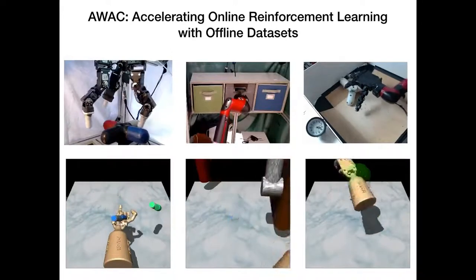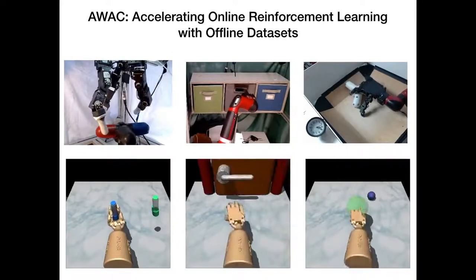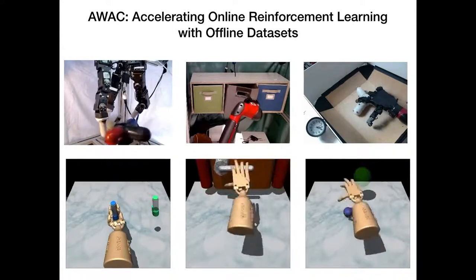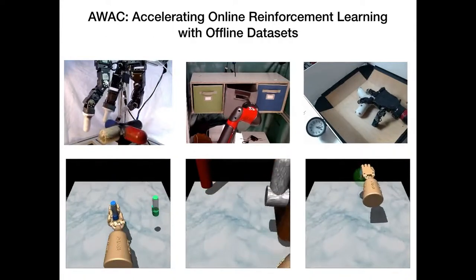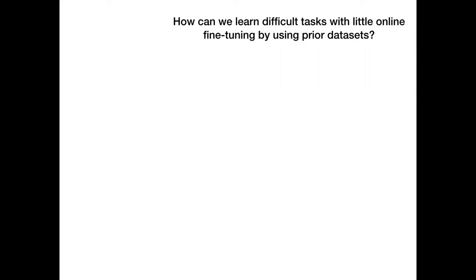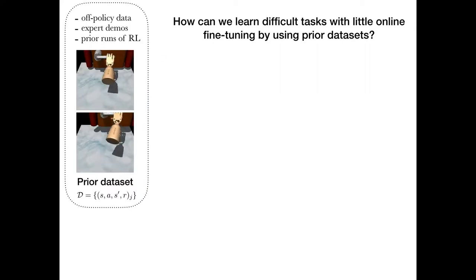We present AWAC, Accelerating Online Reinforcement Learning with Offline Datasets. How can we learn difficult tasks with little online fine-tuning by using prior datasets? Consider this door opening task. Prior data to solve the task may be available as off-policy data from expert demonstrations or from prior runs of